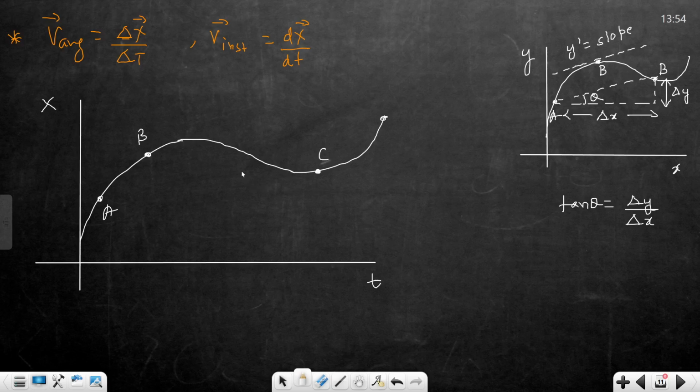and the question is asking about the average velocity and instantaneous velocity, how will we find them from the graph? How will you calculate average velocity and instantaneous velocity just by observation of the graph? When you take instantaneous velocity at B, then you have to take the slope. Here dy by dx will give you the slope. In the same way, in an xt graph dx by dt will give you the slope. First, if you want the average velocity between A and C, you just need to connect A to C, take this point, and take out the